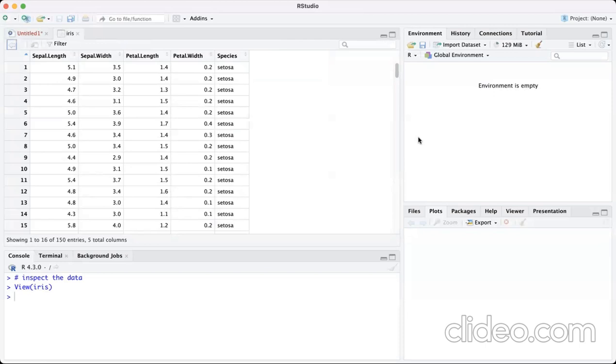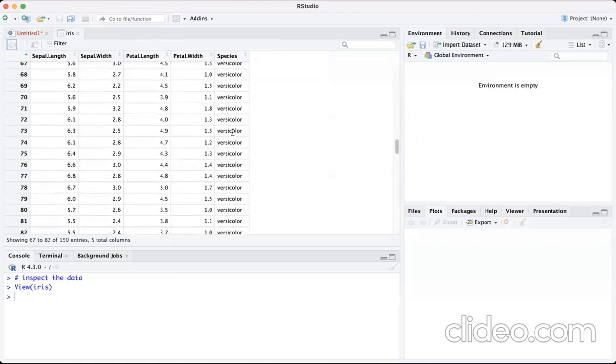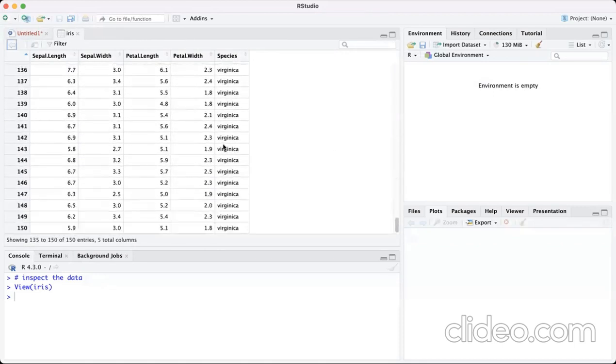So in this dataset, we have the length and the width of the sepals and the petals of three species of flowers: setosa, versicolor, and virginica. So we would like to know in this exercise if the width of these flowers' sepals differ by the species